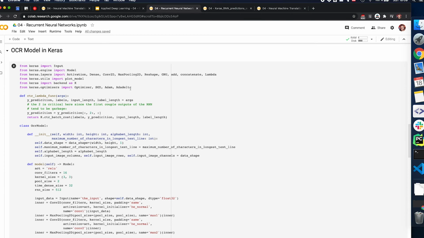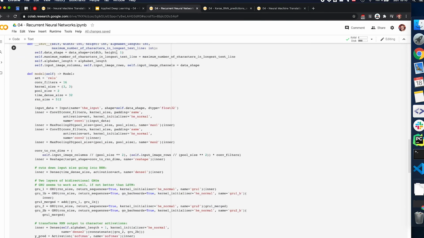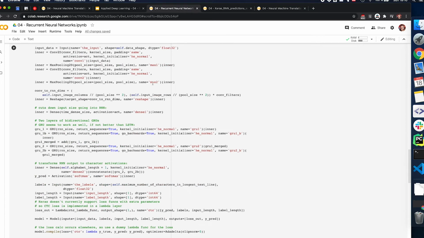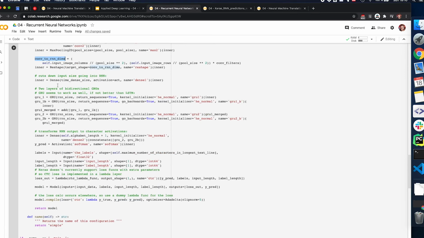So let's take a look at a bit more complex model here in Keras. What we're doing here is that we're saying, okay, our input here is an image. So we process that image in a certain way and extract some meaningful representation of that image. So we're using a convolutional network here as our input encoding. And when we extracted a certain number of features, we are reshaping this, basically flattening our features the same way that we've seen last week. And then we process this in a dense layer to allow the network to cut down the input size before we go into the recurrent neural network,